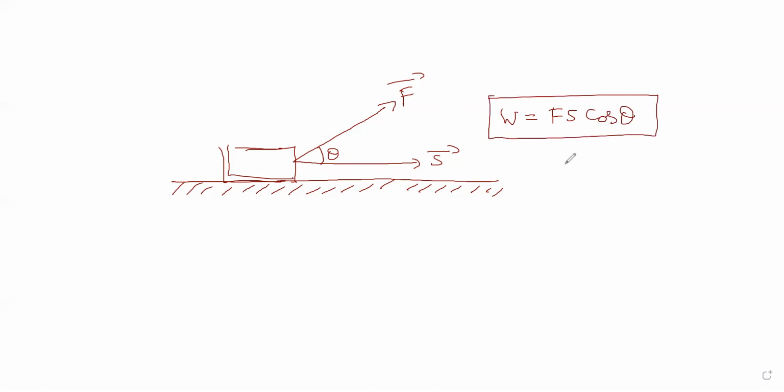I hope I'm clear. What is F? That is mod F bar, I will write it as F, and mod S bar I will write as S. That is my Fs cos theta. Clear? That's my Fs cos theta. Hope I am clear. And now the other way of writing this one.